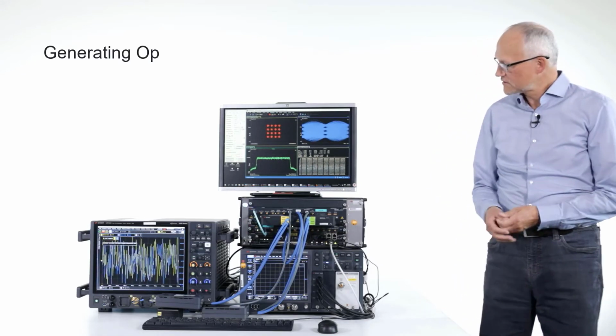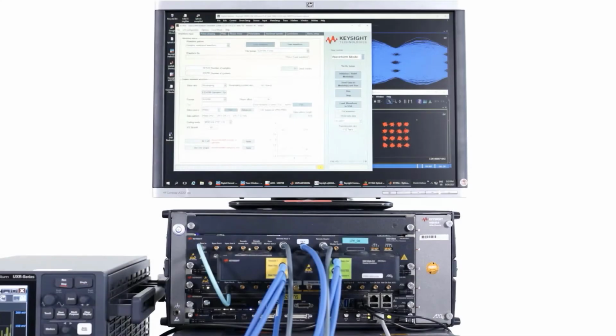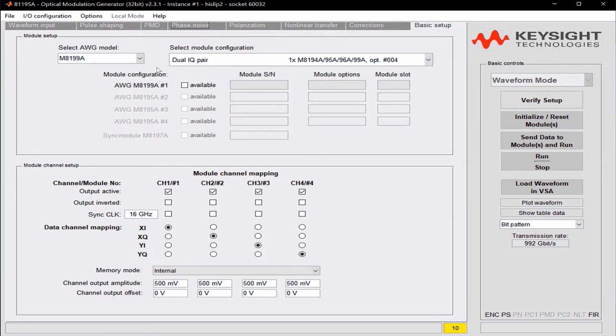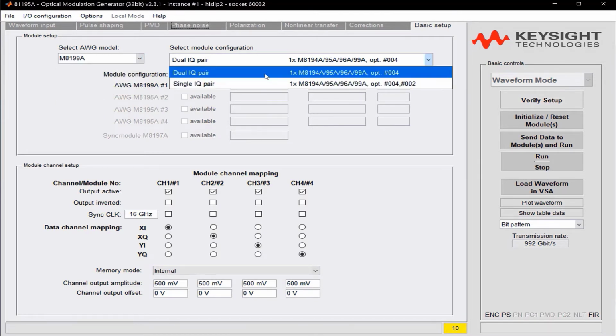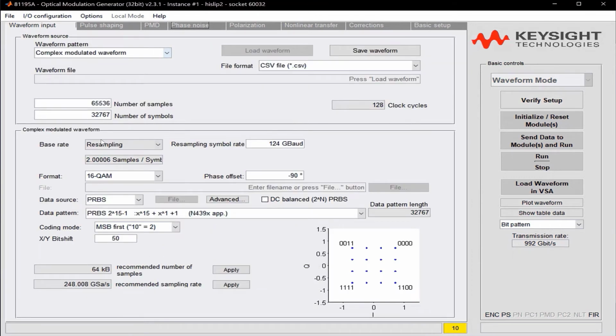Next, I want to talk about generating optical complex modulated signals. A powerful tool in combination with the new AWG is the Optical Modulation Generator software, 81195A. It can easily synthesize multi-channel electrical waveforms for the AWG to drive dual polarization IQ optical modulators. The base version is free of charge and contains a number of convenient features, such as a selection of predefined modulation formats,